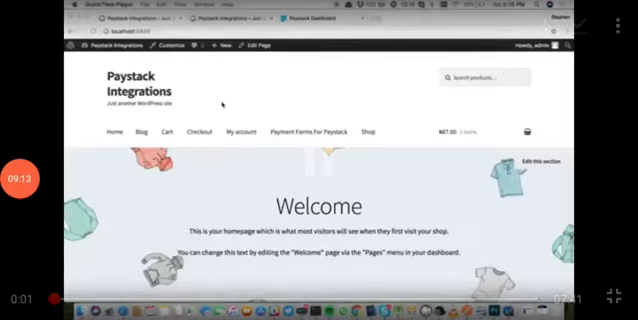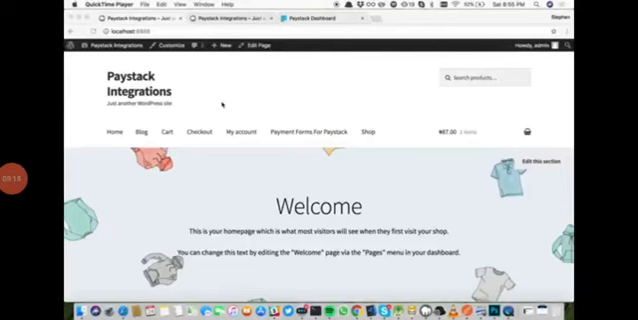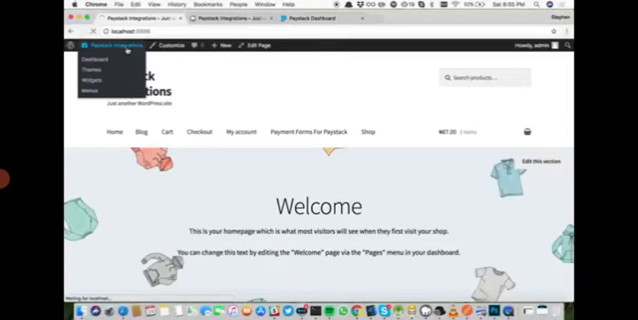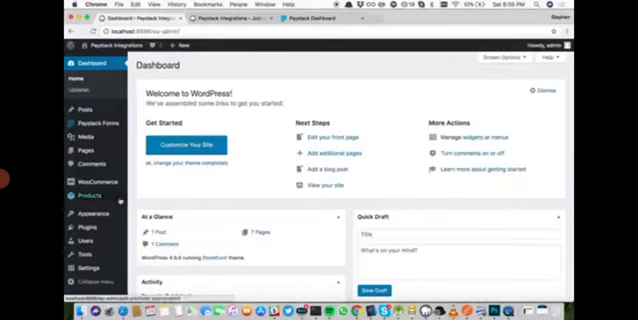I'm Steven, and I'm going to be walking you through how to set up Paystack on your WooCommerce enabled site. Now, to set up Paystack for WooCommerce, the first thing you need to do is to install the WooCommerce plugin. So I'm going to go to my WordPress dashboard, go to plugins, and go to add new to install the